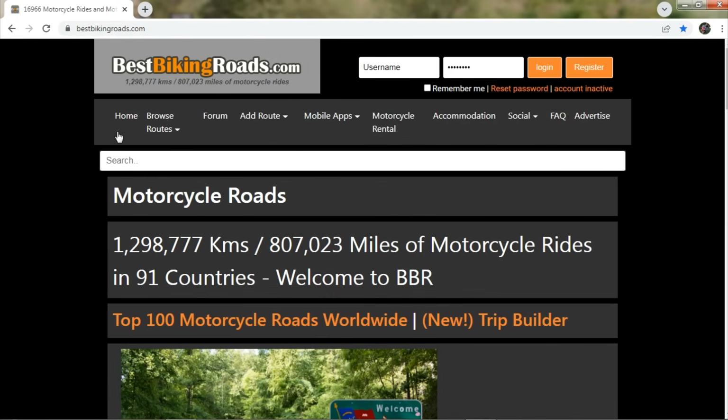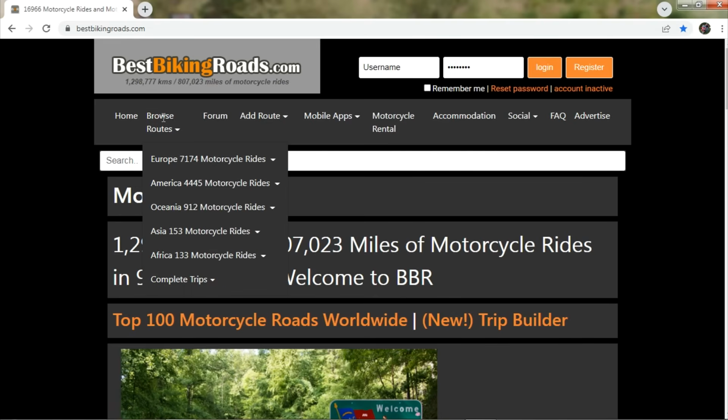Right then guys, this is a great source of some fantastic routes anywhere in the world basically. It's at bestbikingroads.com, as you can see up here, so make a note of the web address. I just go into the browse routes section here. If you click on that, it then opens up Europe, which it says there's